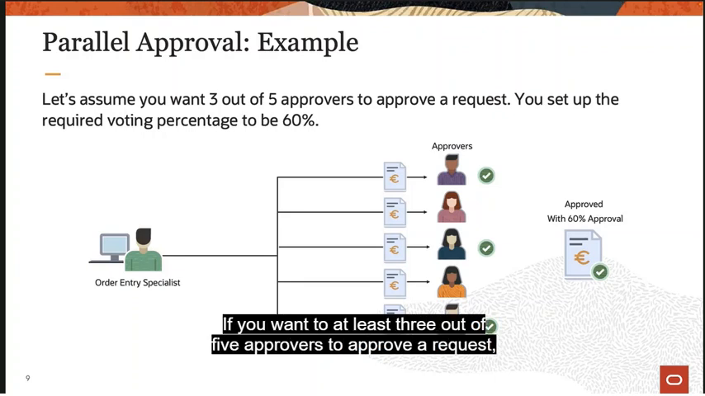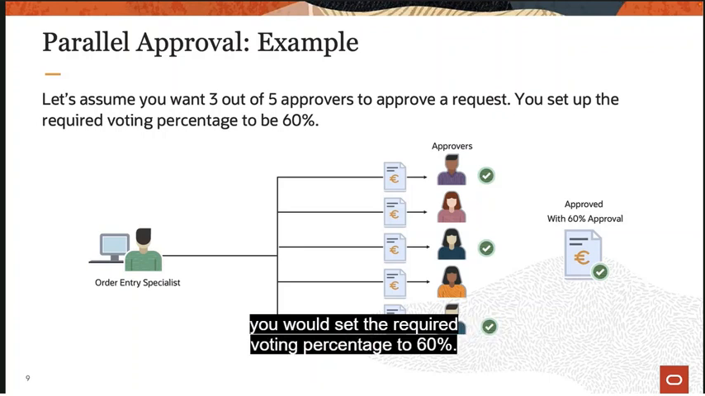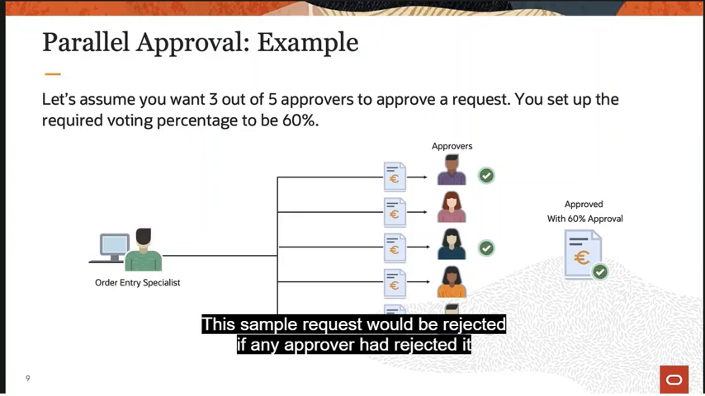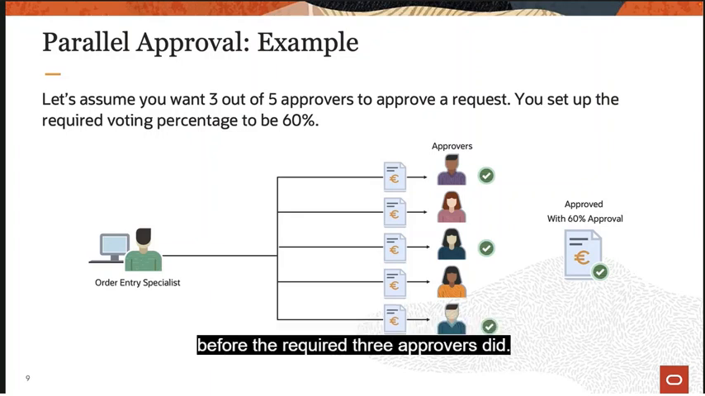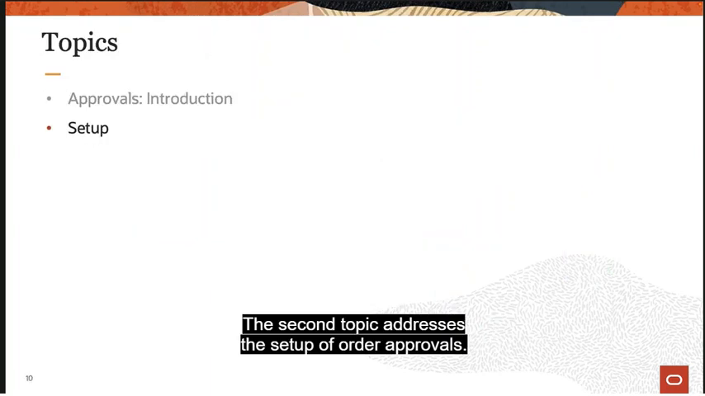Here's an example of a parallel approval. If you want at least 3 out of 5 approvers to approve a request, you would set the required voting percentage to 60%. This sample request would be rejected if any approver had rejected it before the required 3 approvers did. The second topic addresses the setup of